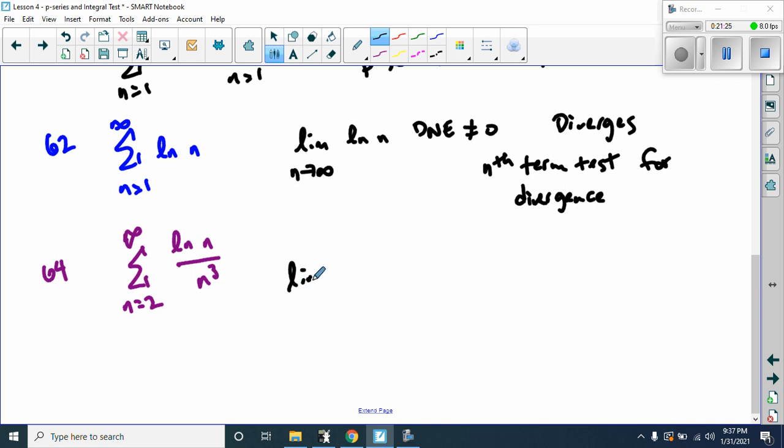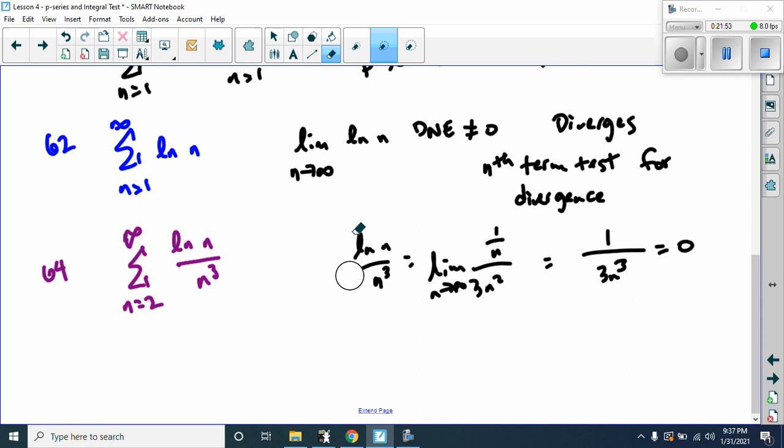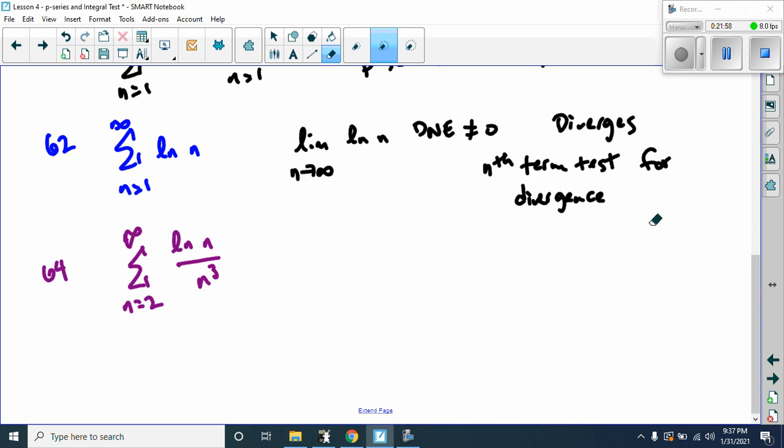We could evaluate the limit as n goes to infinity, 1 over n over 3n squared, which is 1 over 3n cubed. As n goes to infinity, this does go to 0, which means I can't say it diverges, but I can't guarantee that it converges either. So the nth term test for divergence is out. It's not a p-series. So the only other thing we can maybe do is integrate it